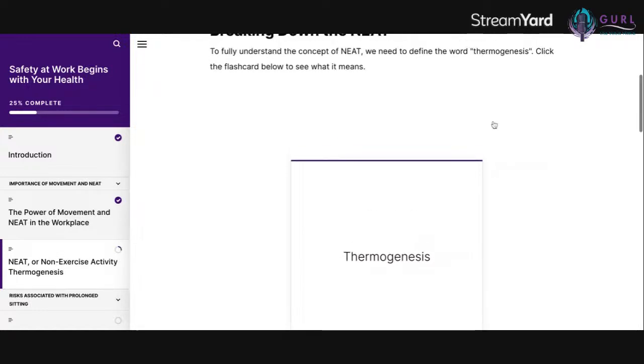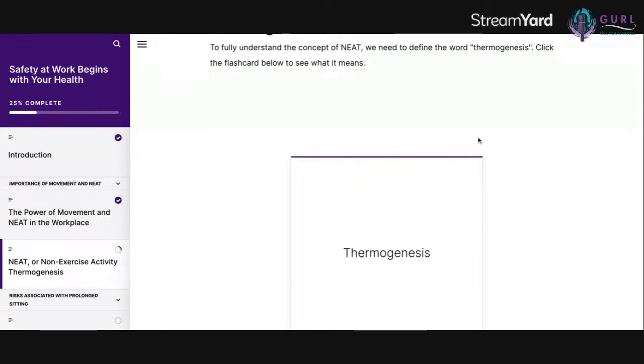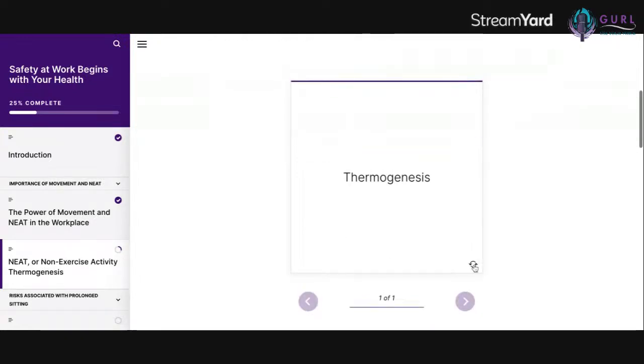Again, you all see you have the directive because they need to know what to do. You don't just pop this up. So you click that, and thermogenesis is